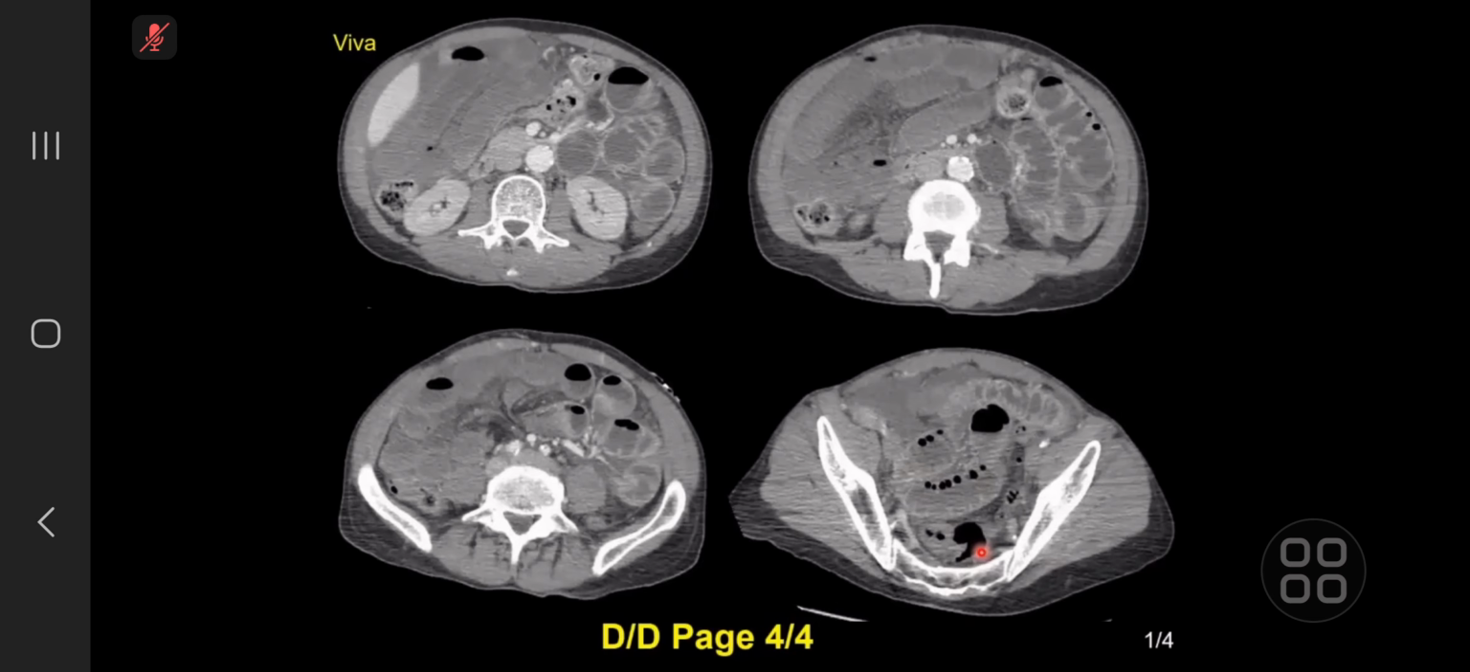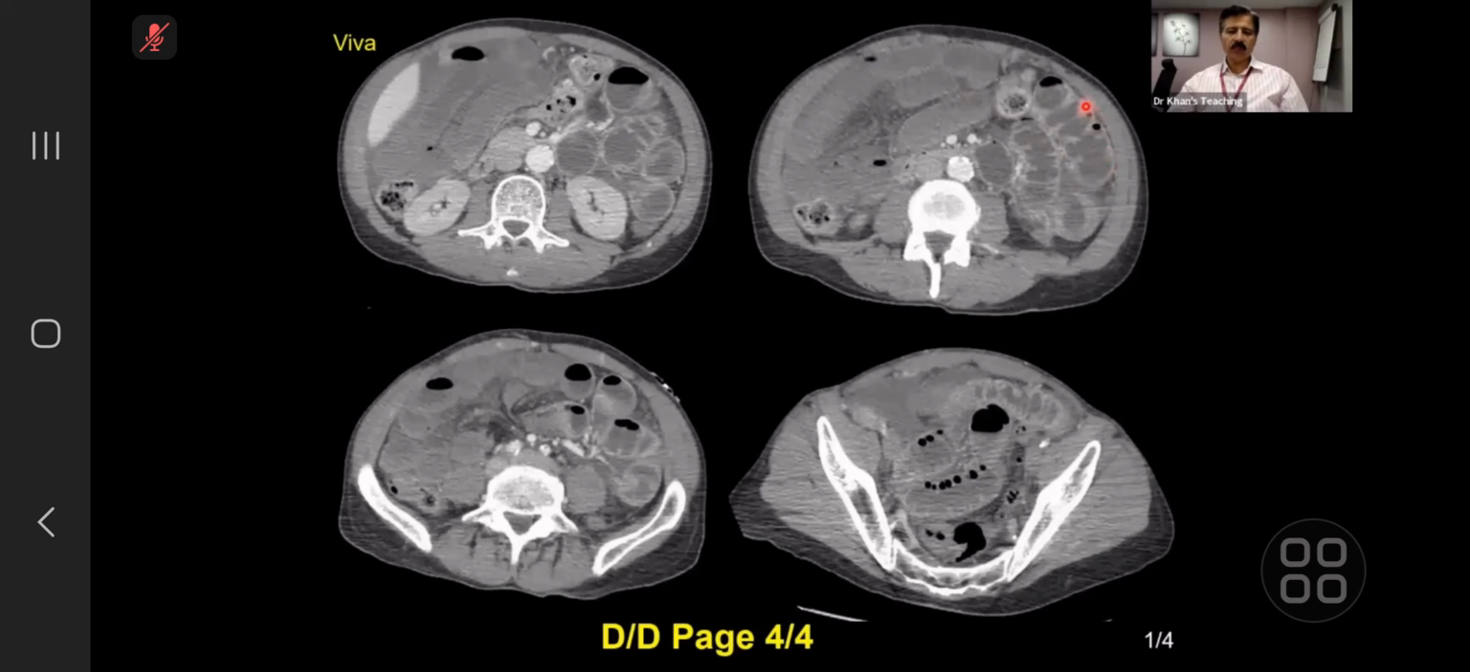There's a lot of fat stranding. Right. The main thing is that if you see here, I wanted you to pick up this discrepancy. Look at these loops and it shows normal enhancement of mucosa. These loops are not enhancing. So other than pneumatosis, perforation, large vessels always try to look at